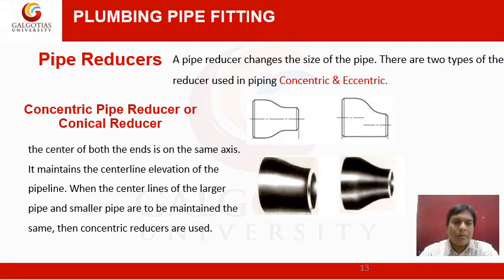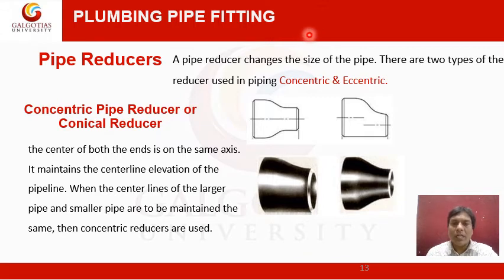In the concentric pipe reducers, the center of both of the ends is on the same axis. This is the axis, this is the short end, and this is the long end. And both have the center on the same axis. The center line elevation of the pipeline: when the center line of the larger pipe and smaller pipe are to be maintained the same, concentric reducers are